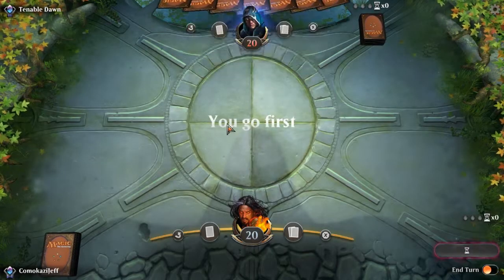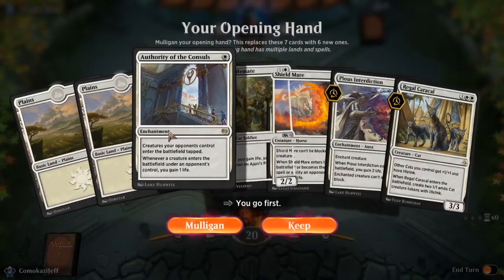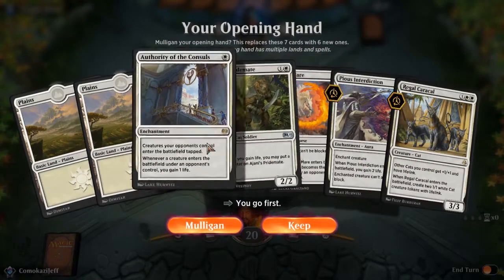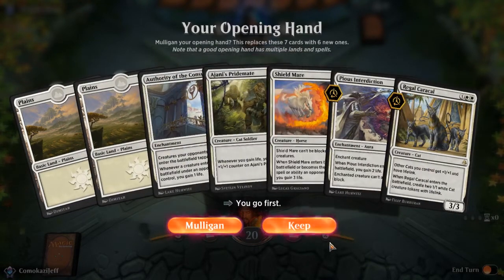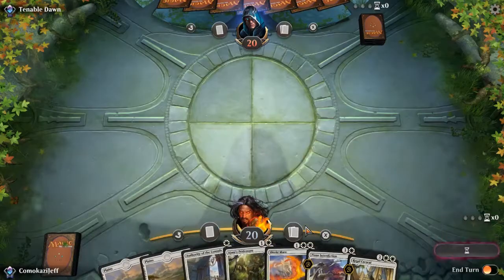Okay, here we are with game 2. I'm going first. Ooh, and this is a pretty good setup. I definitely need to draw into some more lands. This may just be a dead card. I really do need to switch into black for a couple of better cards here. So we'll definitely keep